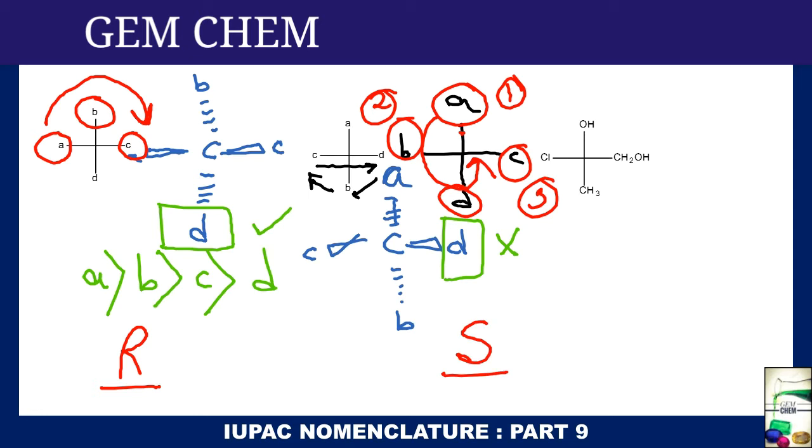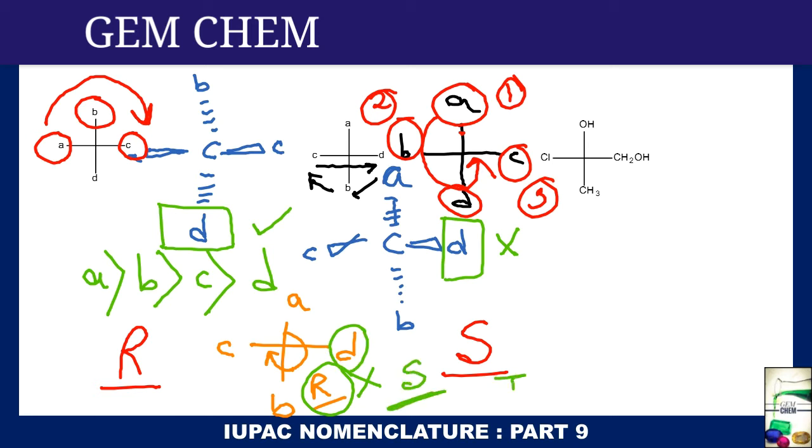Now it is also an essential trick to understand that whenever it is not in the correct orientation, the answer is always opposite, as it is going to come in that orientation. So if we see this compound again, and if we go from A to B to C, we are getting R. But R is not our answer because D is present above the plane, and we can directly write it as S. So this is a trick. No need to convert to the equivalent canonical form, we can easily get it as S. Now we will see all the examples using the trick as well as the normal ways.